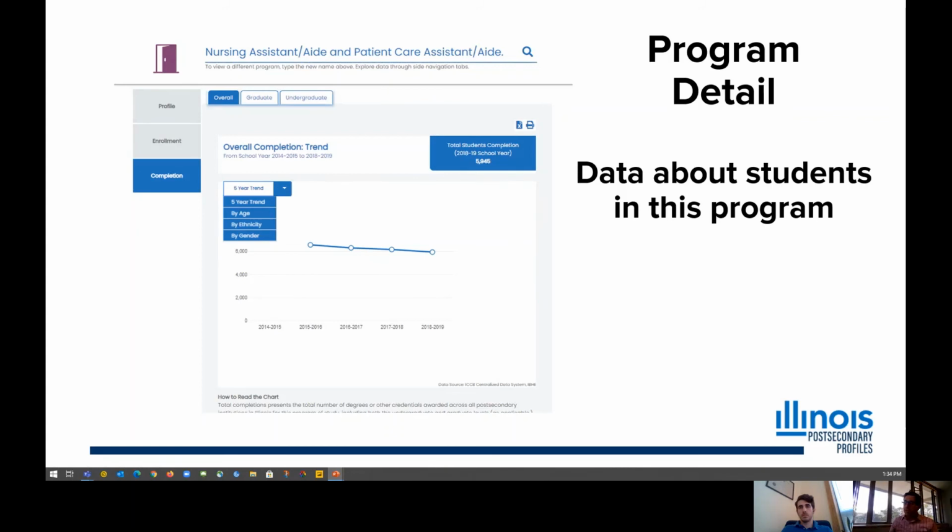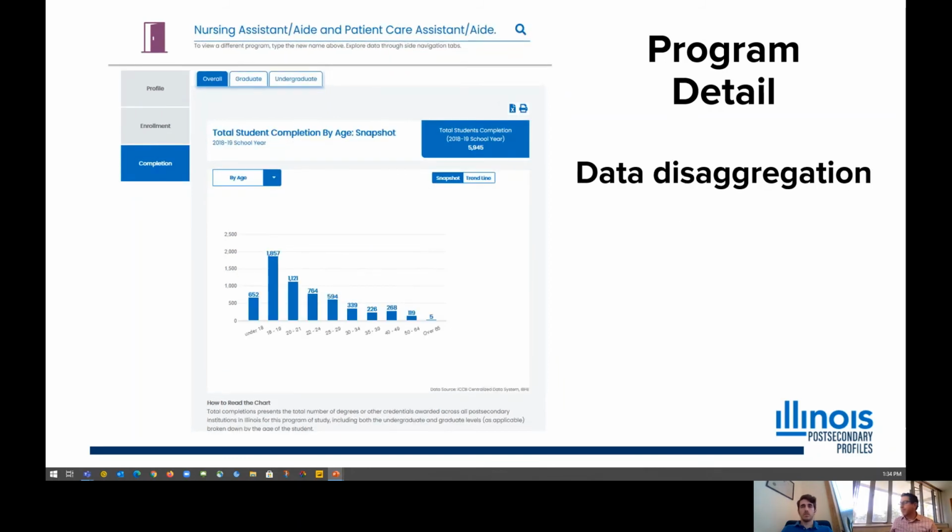There you can see, as we move to the completion data, again, an example with the pull-down menu of all of the ways that you can disaggregate that data and understand it more deeply. The view changes when you've done that disaggregation to what's appropriate. So here, for example, by age, it breaks it down into age categories.